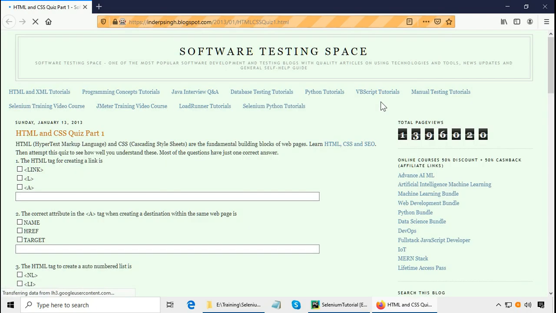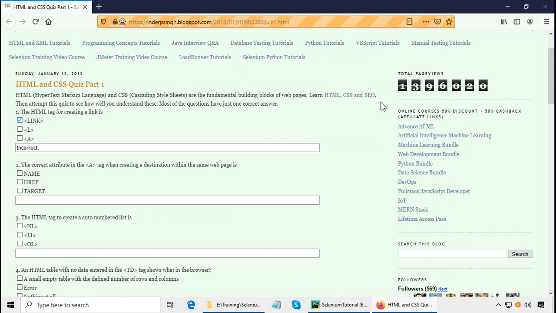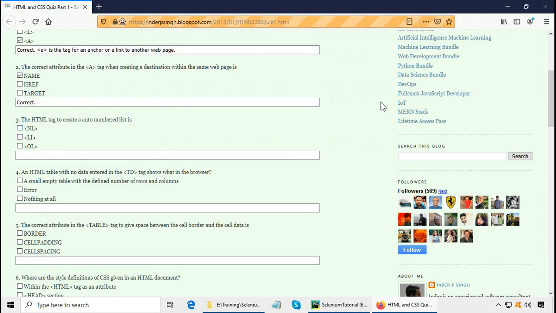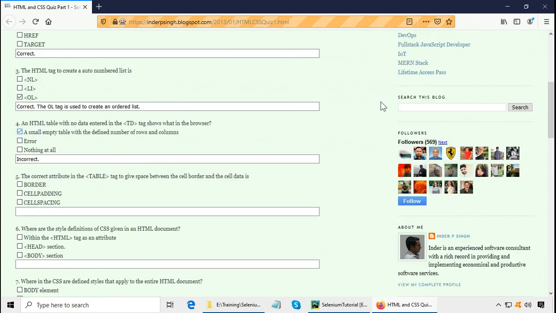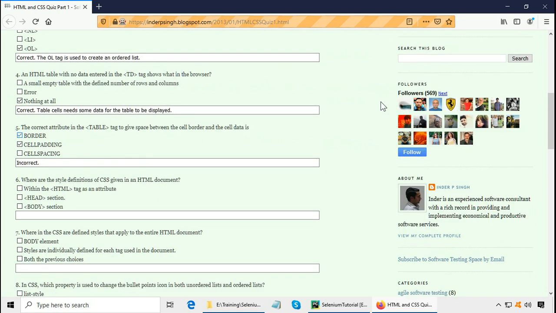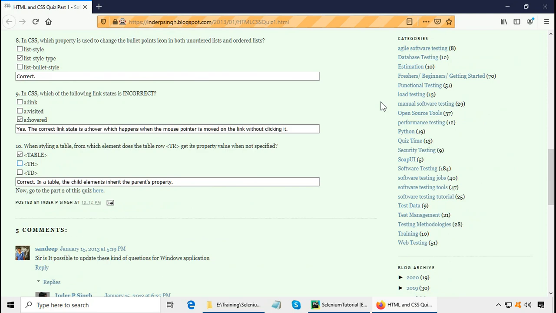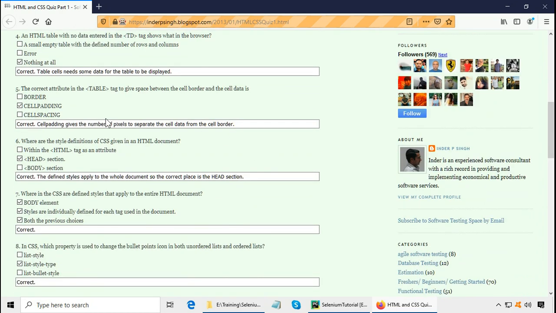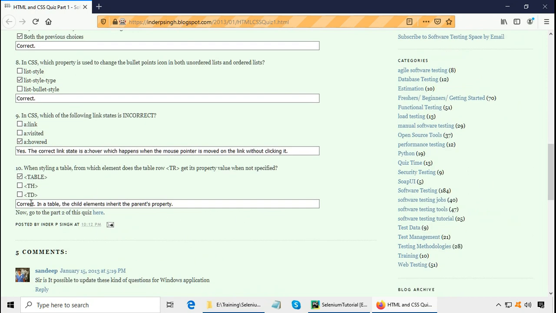Selenium WebDriver has opened the browser. Selenium WebDriver has opened the web page with the checkboxes and it is answering the questions. Let me fast forward this and I'll show it to you when it has answered all the questions. The script execution is now complete, and if we look at the answers, it is correct, correct, correct, correct, correct, correct, correct, correct, and correct. But in number 9 it is not correct. Let us go and look at the log file now.